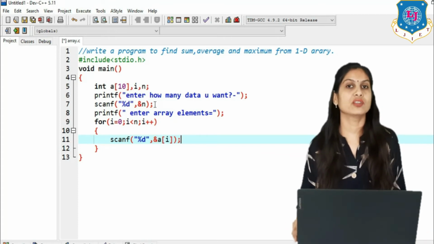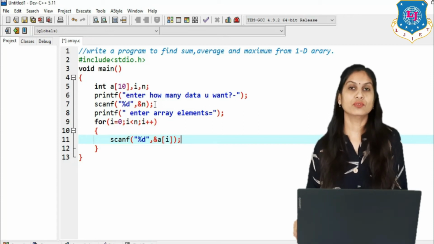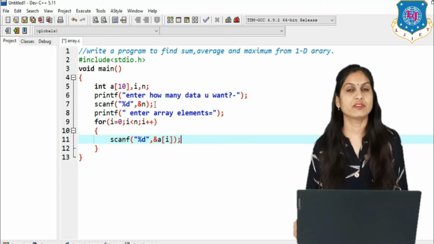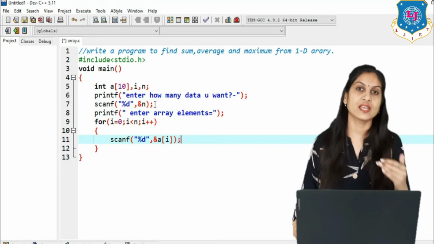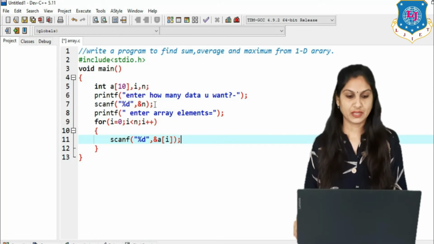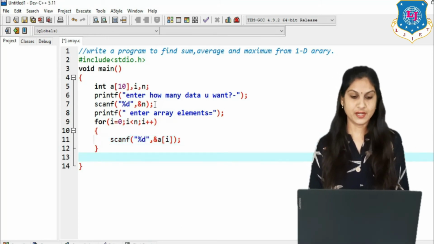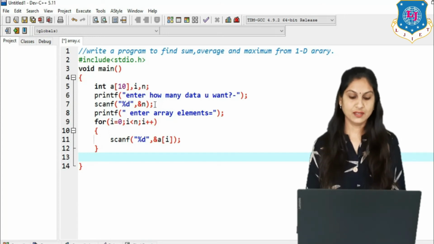So simply when you have a question in your GTU exam, like you have to find the sum for a one dimensional array, then you have to write up to this, and then you have to put the logic of how we can find the sum. Clear? And for that now we have to find the formula. So what is the formula?